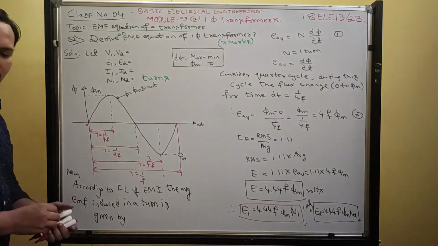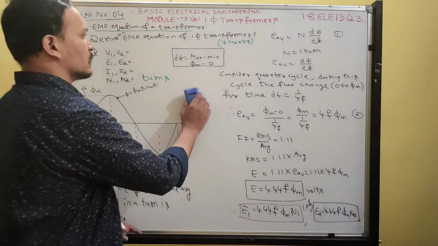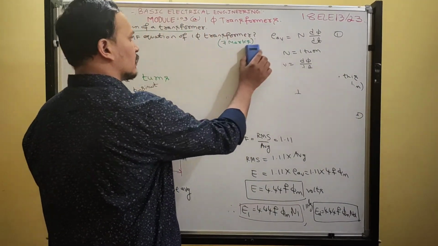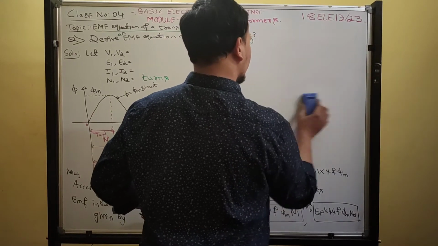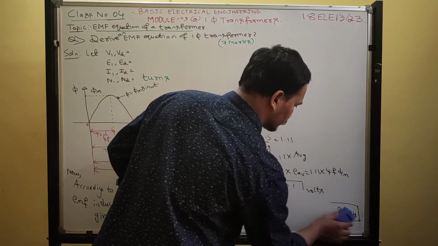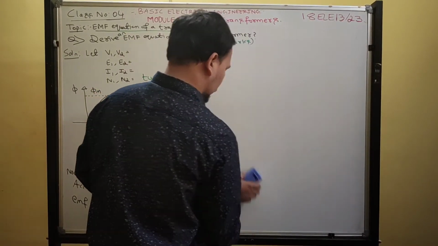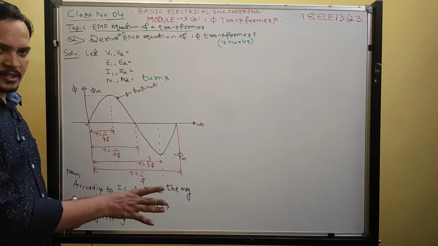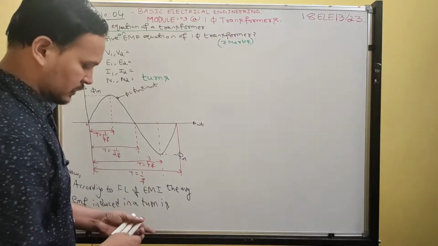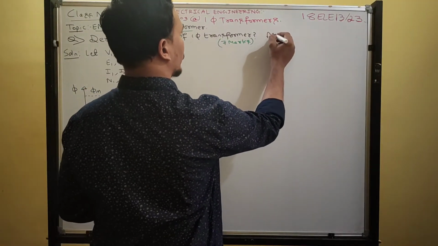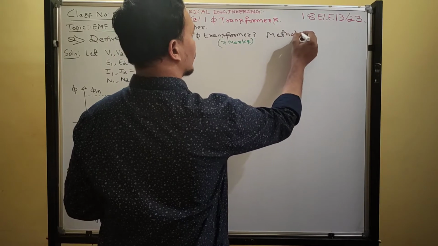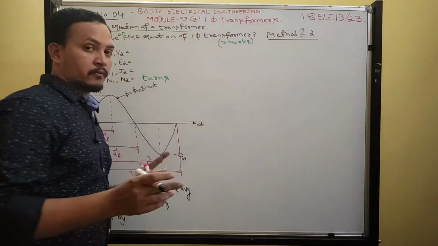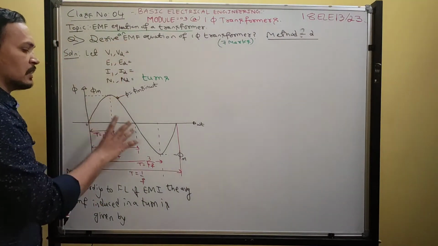Okay. Then method 2. See, you can write any one method in the exam. Don't write all the methods. Just write any one method in the exam. See, method 2 is the mathematical derivation. This is the graphical representation, so far we got. So we can go for method 2. If method 2 is easy, you write method 2 only in the exam. But for both the methods, you should write notations and waveforms.